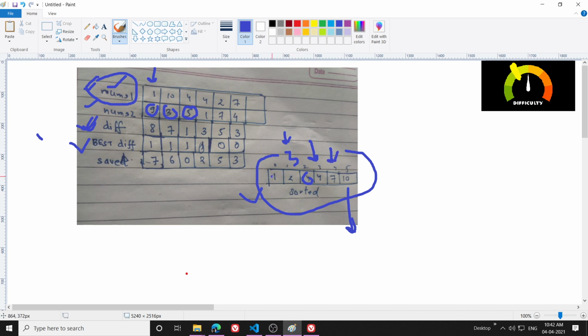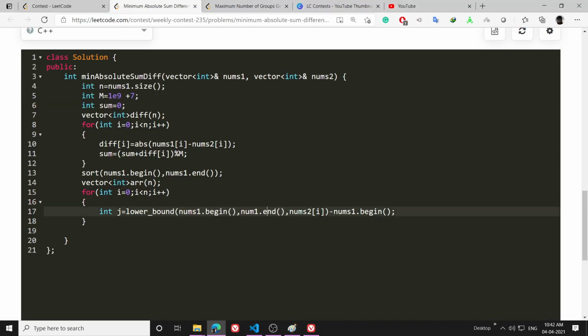What lower_bound does is that I pass the number 5 into the range, and this will return me the index of 7. This thing only gets me the pointer, but if I subtract nums1.begin, it will get me the index.